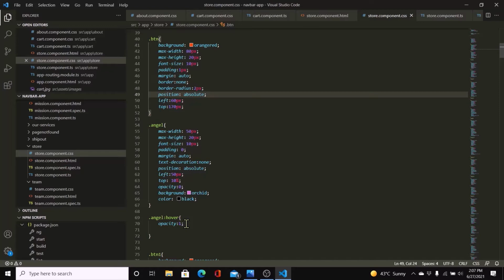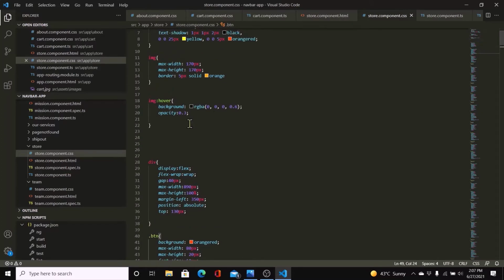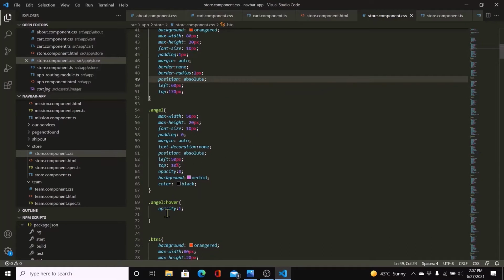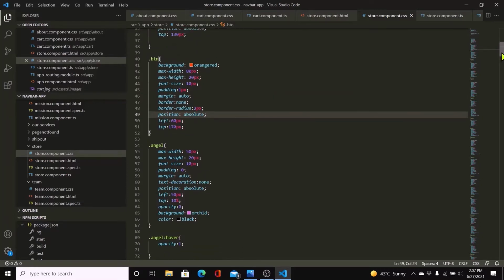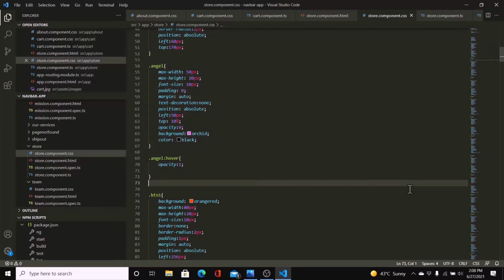The effect we are trying to achieve is, we saw there was an opacity for the image as well. So when the user hovers over, the image will go blurry, but because we have a hover on the anchor tag as well, we'll be able to see what's written there. And that's the effect we're trying to achieve. So once you've copied for the first image, that is these three, then just Control C on the three and copy it 11 times. Once you've copied it 11 times,